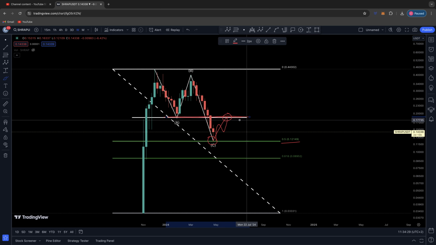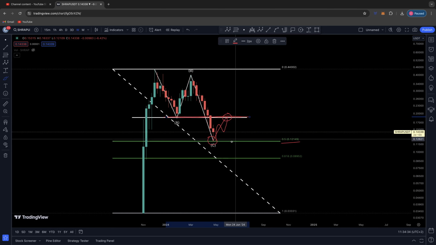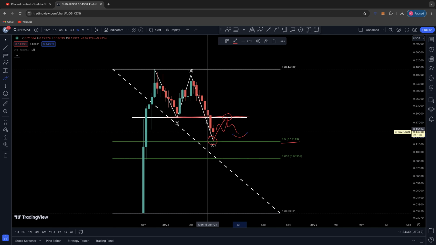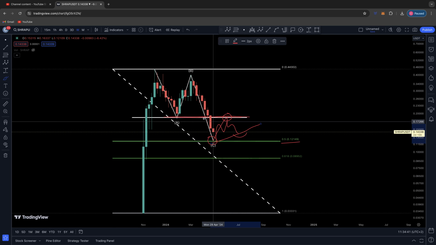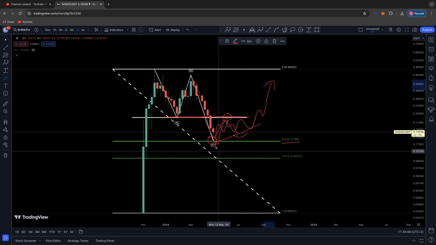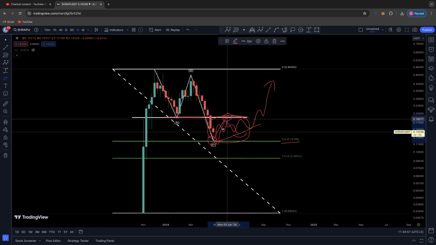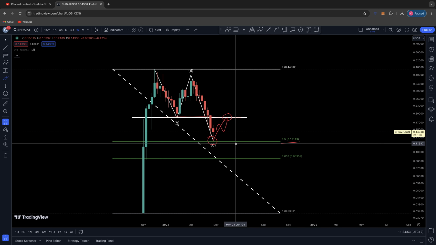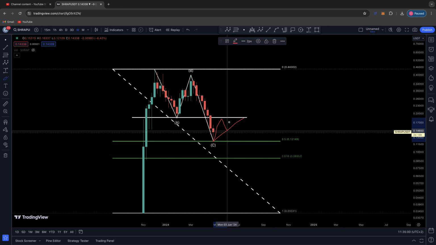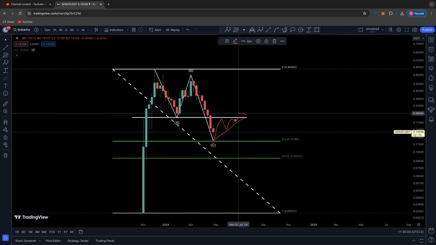Now, if we do come into this as resistance at this point, and the 0.5 holds, bullish scenario, I would expect us to pull back and put in a higher low. And if Shrap does start doing that, then you could potentially start coiling up here in some sort of ascending triangle, looking for the breakout to start retracing back to these highs. Okay, because you need to start forming some sort of bottom structure in order to see a clean breakout for it to be healthy. So what I was saying by that, just as an example, if we start coming up to 18, pulling back for our higher low and coiling up in this triangle and compressing,